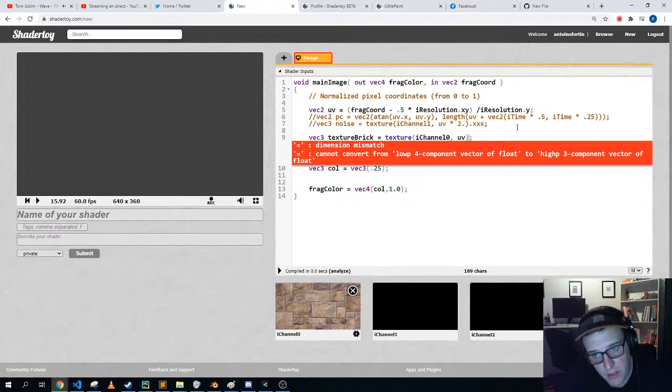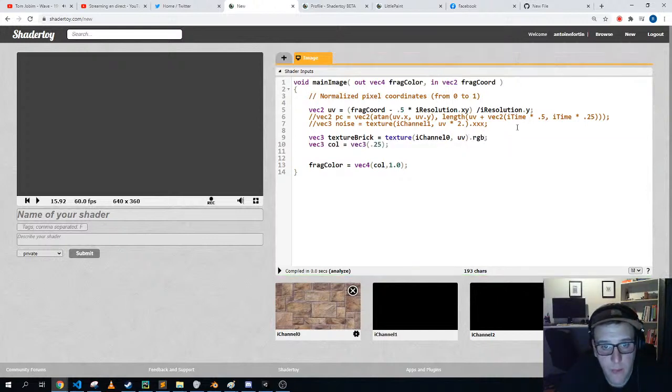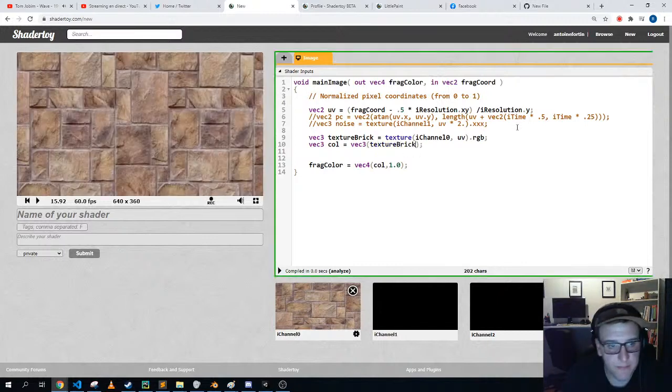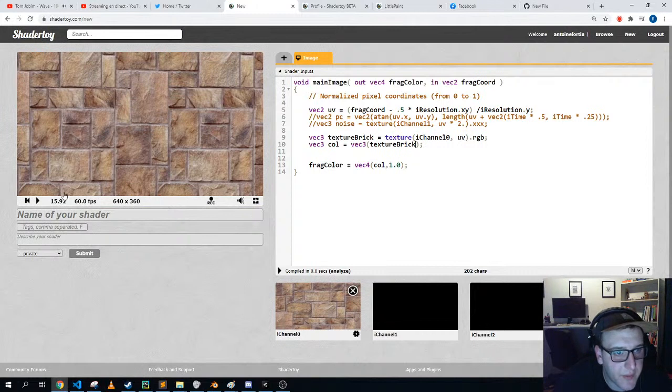What do we have here? Error. Okay. Oh, that RGB. Yeah, right. True that. And now we could plug the texture brick inside of our out color. Texture brick. Okay, now the UV is a bit messed up on here,